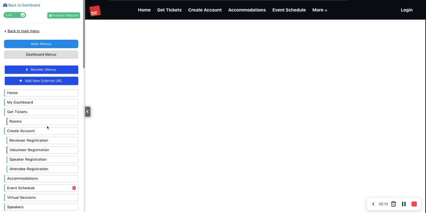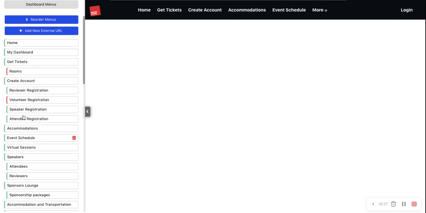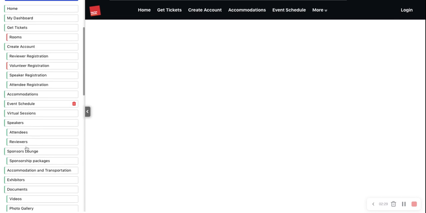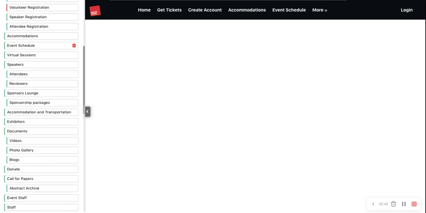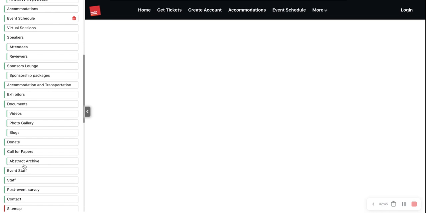The navigation menu includes menus related to buy ticket form, all the forms that you have created, registration forms, abstract submissions menu, ticket purchase forms, program schedule menus, content informational pages menus, and videos and photo galleries and blogs, a standalone page for donations and sponsorship packages, purchase forms, this abstract archive page. So these are all menus which are there by default, and it also includes those menus